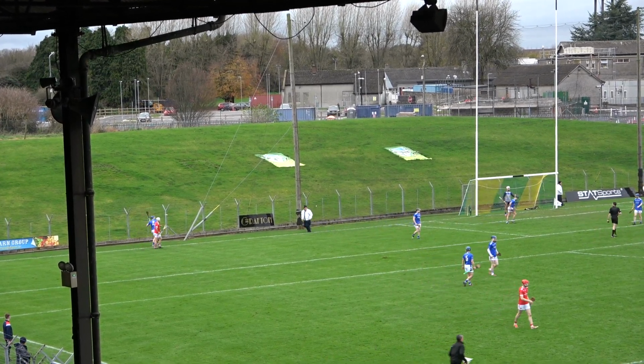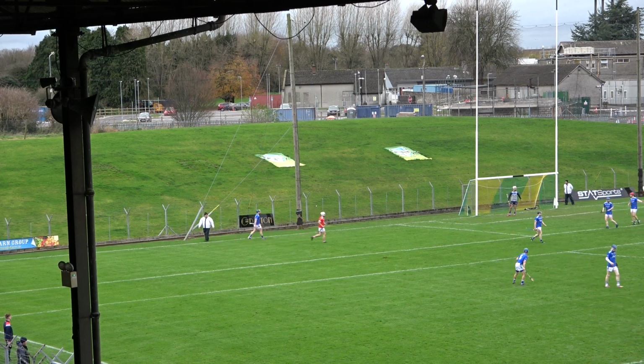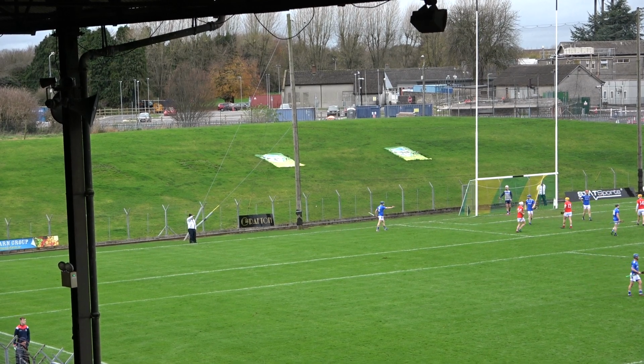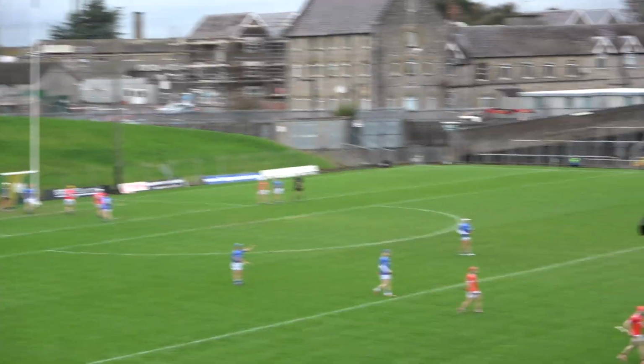Chance of a major there. We'd have been a bit sharper, CJ. Yeah, he probably should have jinked around him. It's not probably his natural position, but he should have jinked around and maybe buried it. But block and a good chance of a further point for Trim from James Murray, who was so accurate with